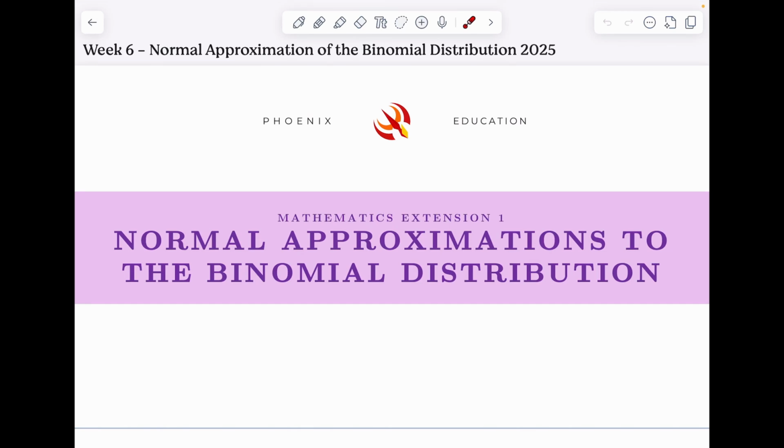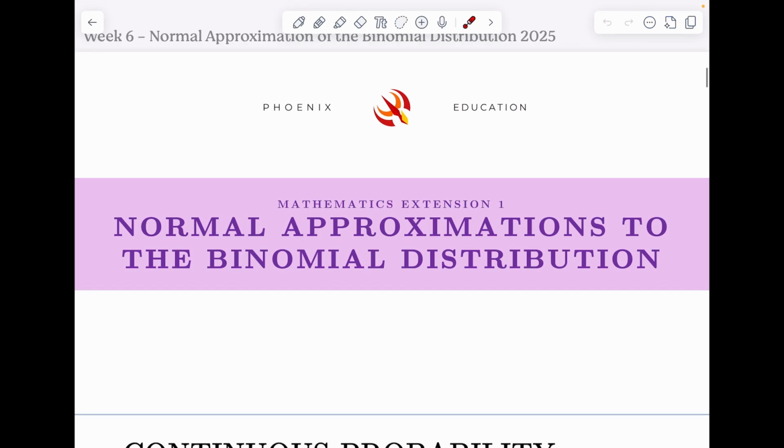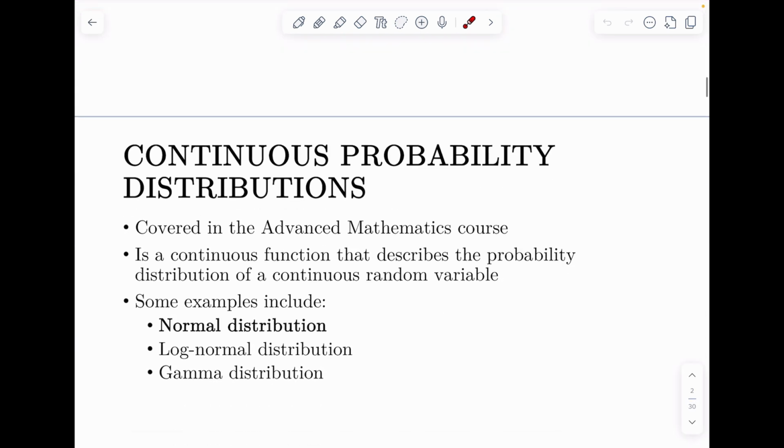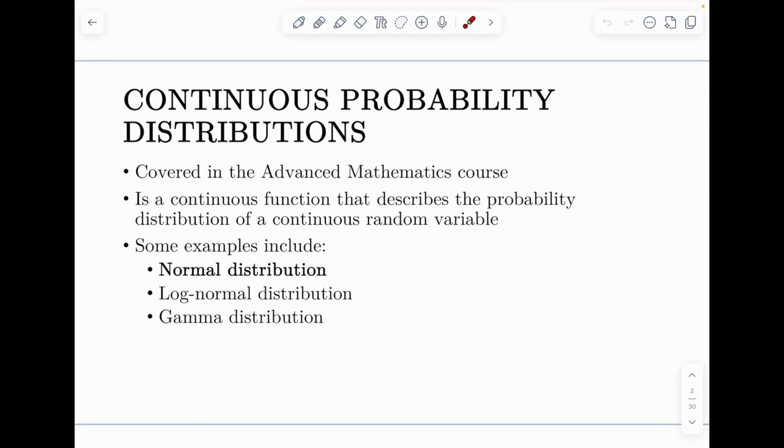Alrighty guys, this is the second half of the online video lesson. So in this video, we'll be looking at normal approximations to the binomial. But before that, we'll be recapping the 2-unit content, which is the normal distributions with z-scores and the z-score tables,